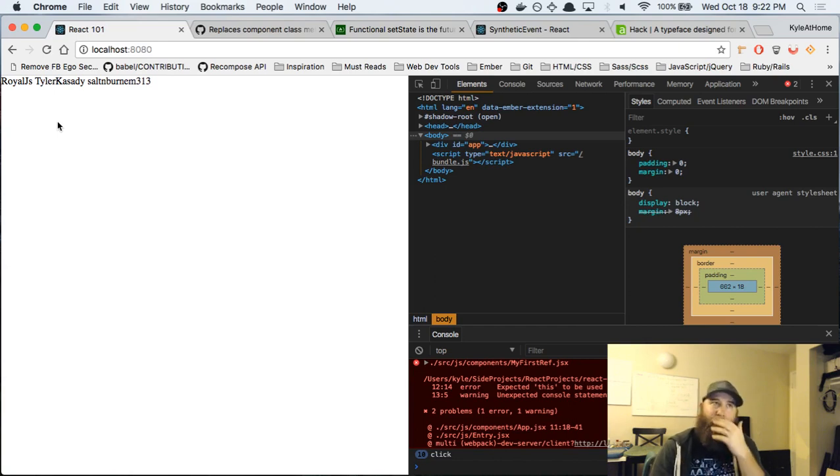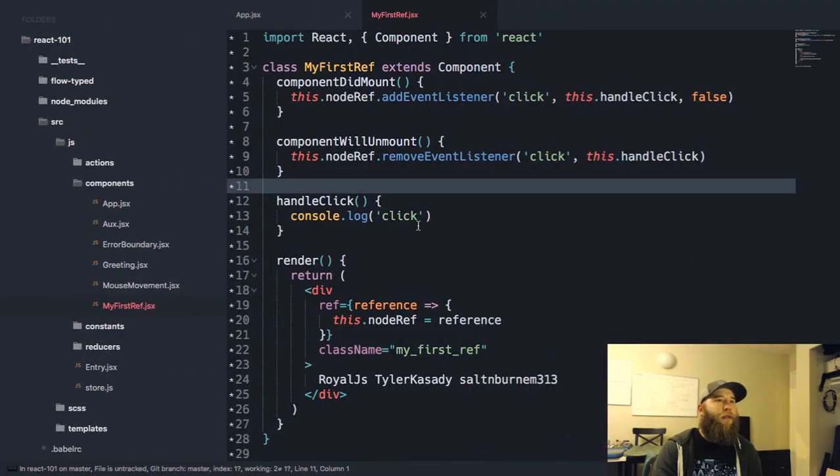For example, I remember doing some GSAP stuff and needing to do stuff like this, where my whole application was React, but GSAP was handling animations for me and stuff like that. So yeah, I think it's good knowledge to know. Unexpected console.